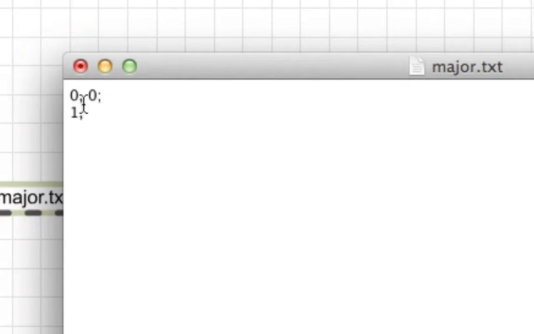1 maps to re, which is 2, because we're going up in semitones here. So the tonic is up no semitones from the tonic, obviously, but then re is up 2 semitones from the tonic. And similarly, mi is up 4 semitones, fa is up 5 semitones,